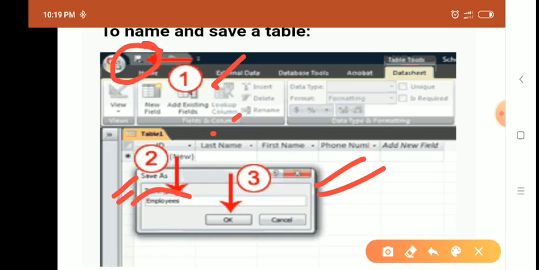Here we type the name of the table, which is employees. And in the third step, what do we have to do? When we finish typing the name of the table, we have to click the OK option. And when we click the OK option, the table is saved and you will get the name of the table on the title bar.